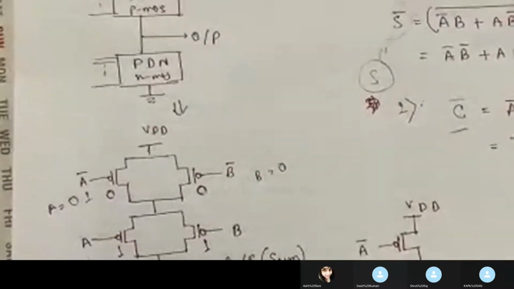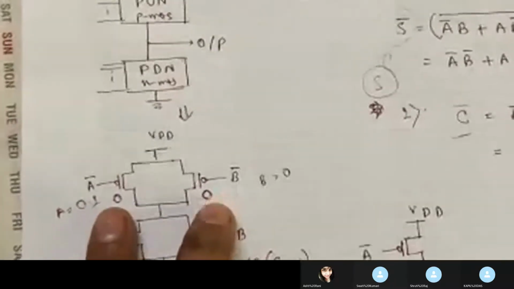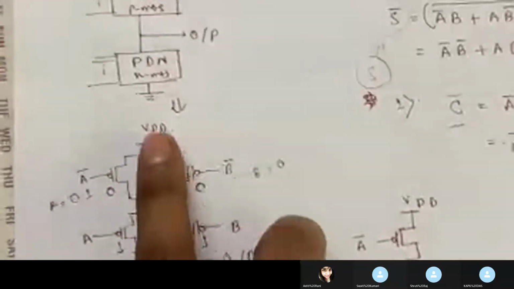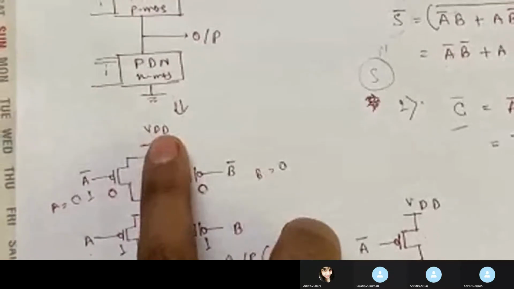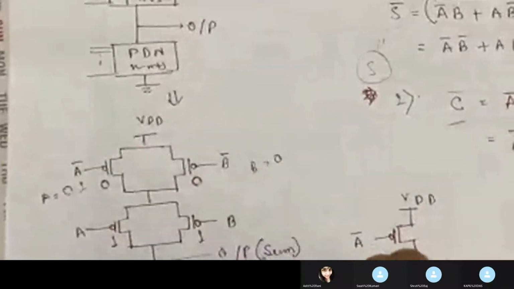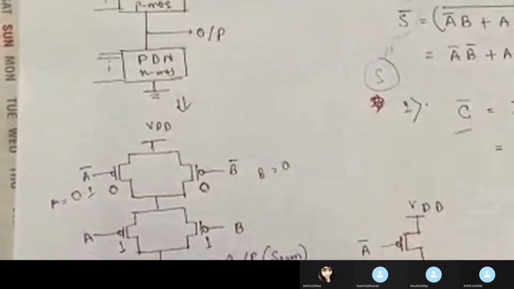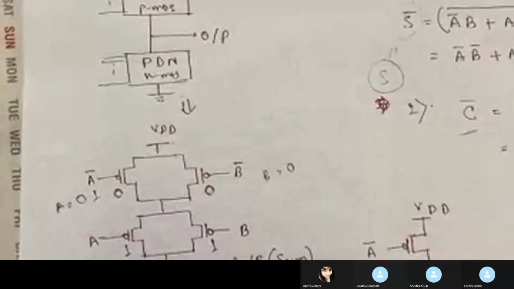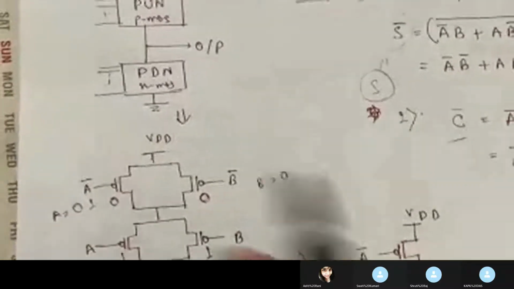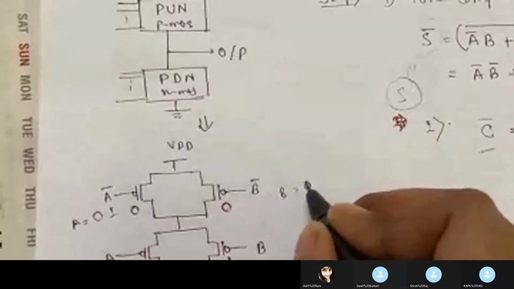ये जो आउटपुट है मेरा, आउटपुट को VDD से डायरेक्ट कनेक्शन मिल रहा है? नहीं मिल रहा है. क्यों? These two are 0. As these two are 0, these two are 1. The output is not directly connected to VDD to drag the voltage or the high power to its output. But in the pull-down network, you can see the path has been established from A bar and B bar. So the output will be connected to ground. So the output is pulled towards ground. So you will get 0 here. Next, A equal to 0 and B equal to 1.